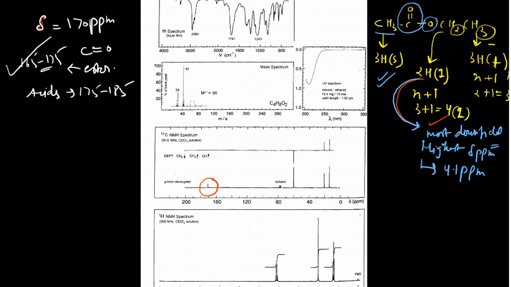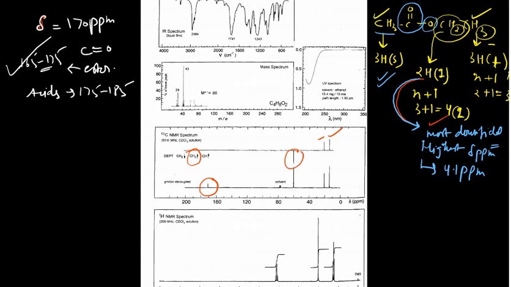And similarly, you can see DEPT NMR is also given. In the DEPT NMR, the methyl groups are up, so you are having 2 up signals, and 2 up signals are possible for this methyl and for this particular methyl. This is the methylene, the down signal, which is this one. So DEPT NMR is also confirming this.